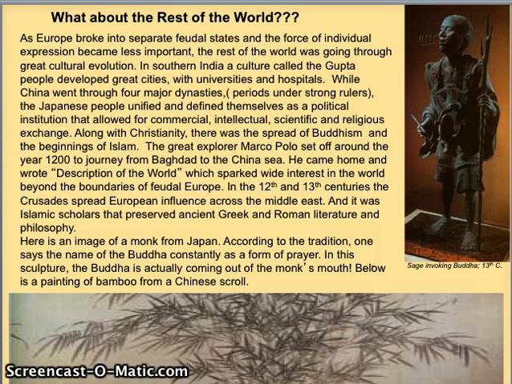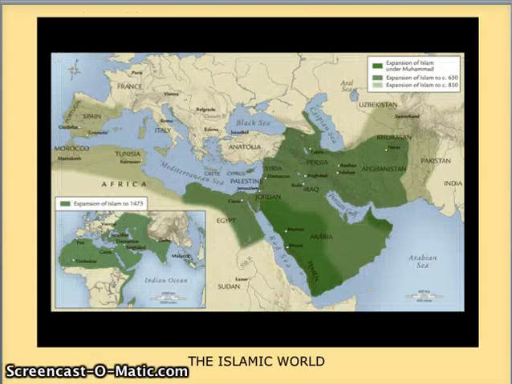Now that we've looked a little bit at the rest of the world, we're going to go back and study the art, architecture, and a little bit of the history of Islamic society. Islam arose in 7th century Arabia. This was a land of desert oases with really no cities of great size, and it was sparsely inhabited by